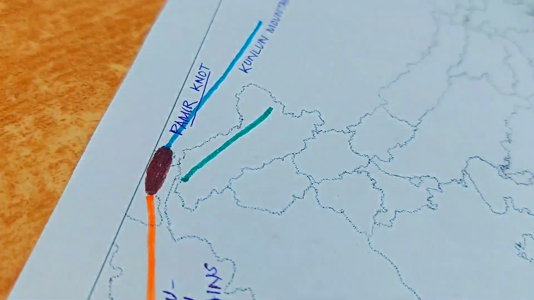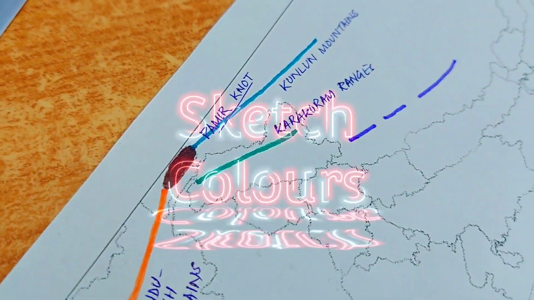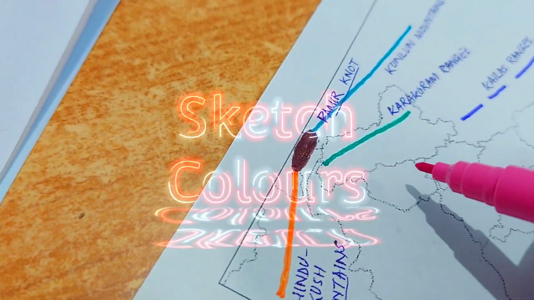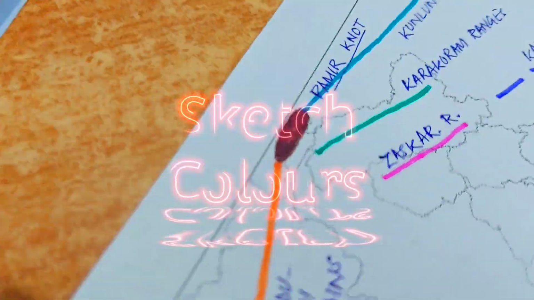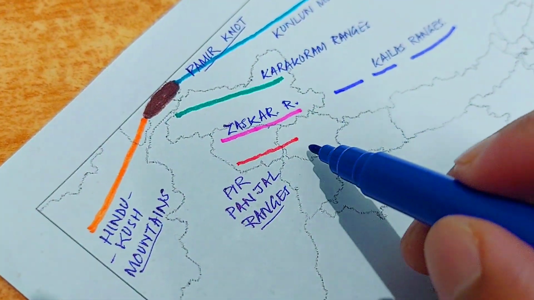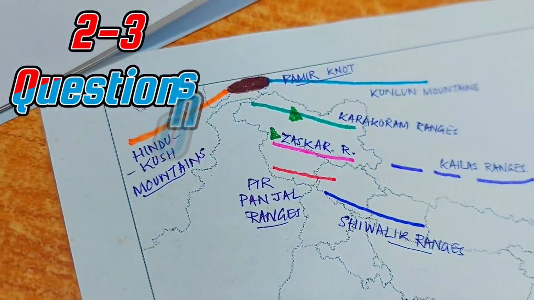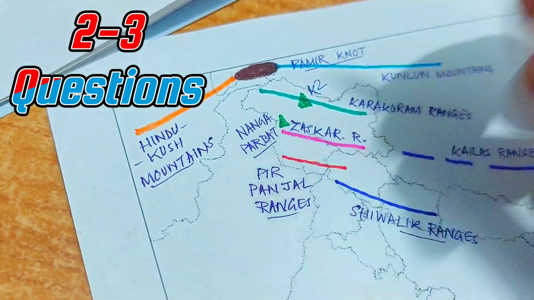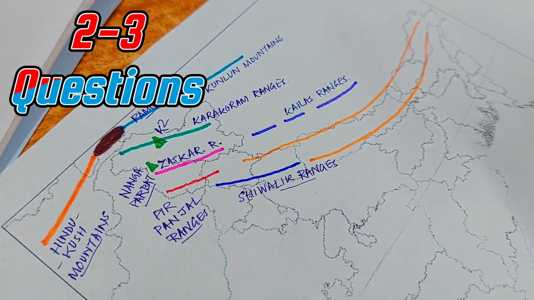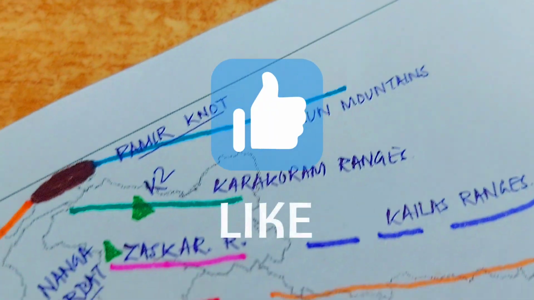Now make your mapping such that you can revise it later, because there is no point in making rough mapping, because it can be used just before the day of the examination to revise. So you can find at least 2 to 3 questions which are repeatedly being asked nowadays since 2017.